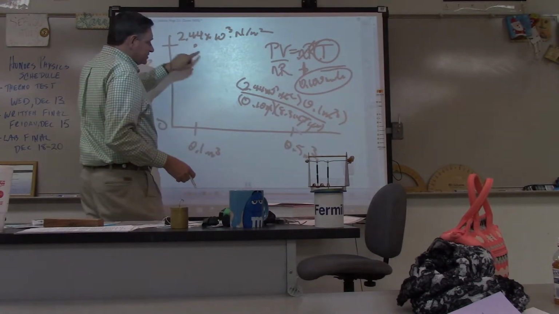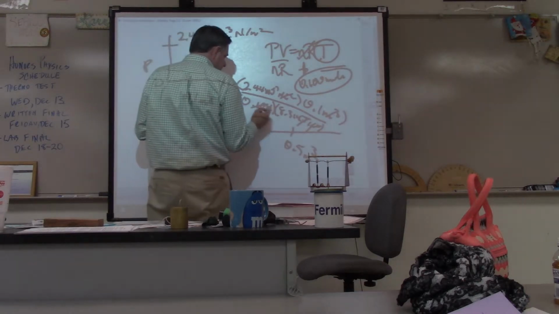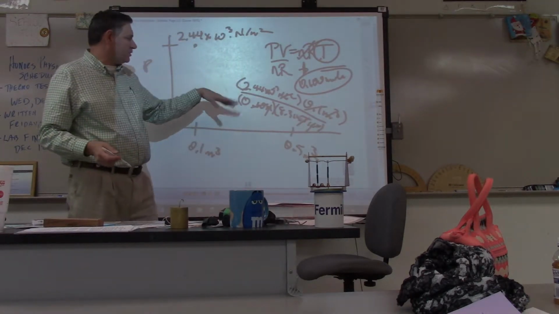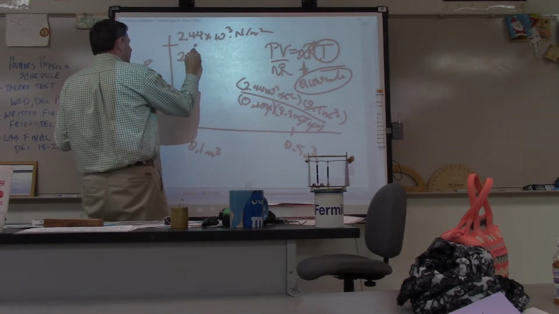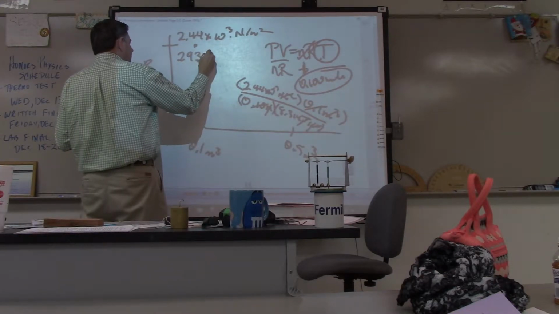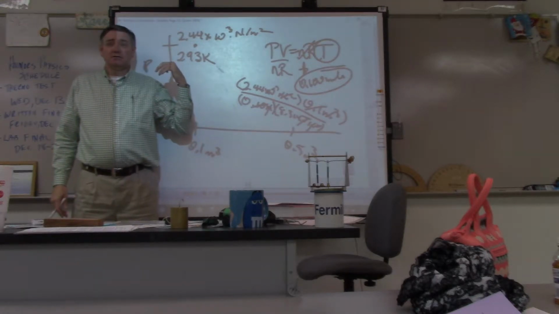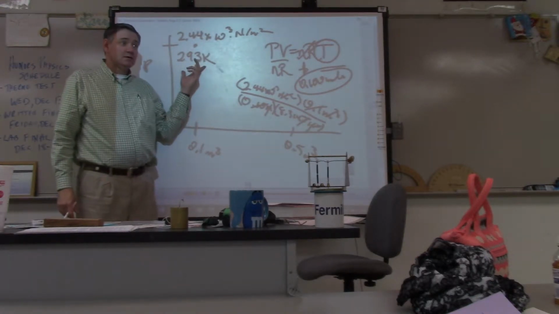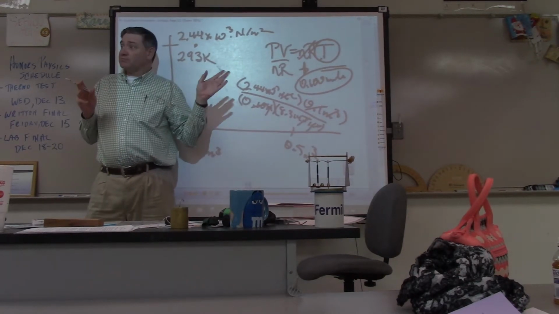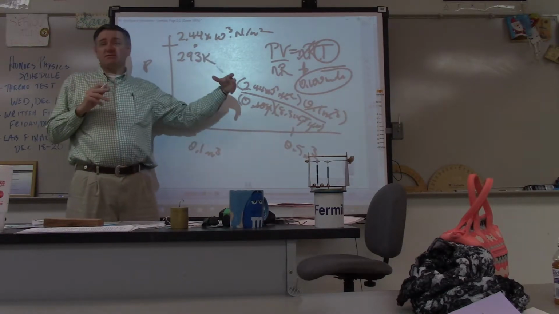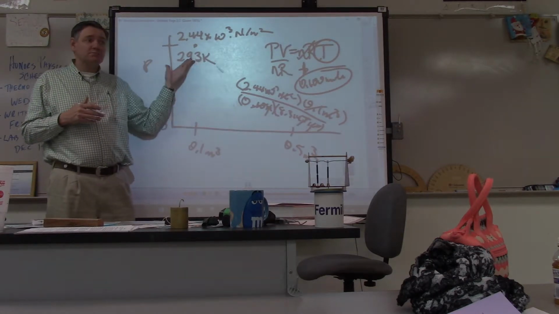So what temperature is going to correspond with this? So basically, that's going to cancel out. So it's 2440 divided by 8.314. 293 Kelvin. Now, how can I figure out what temperature that is in Celsius? Subtract 273, and I'm going to get 20 degrees Celsius, which is about where we're at right now. So this gas is at about room temperature. Okay? We're not at the surface of the sun. We're not boiling water. We're not stuck in deep freeze. This is about room temperature gas.